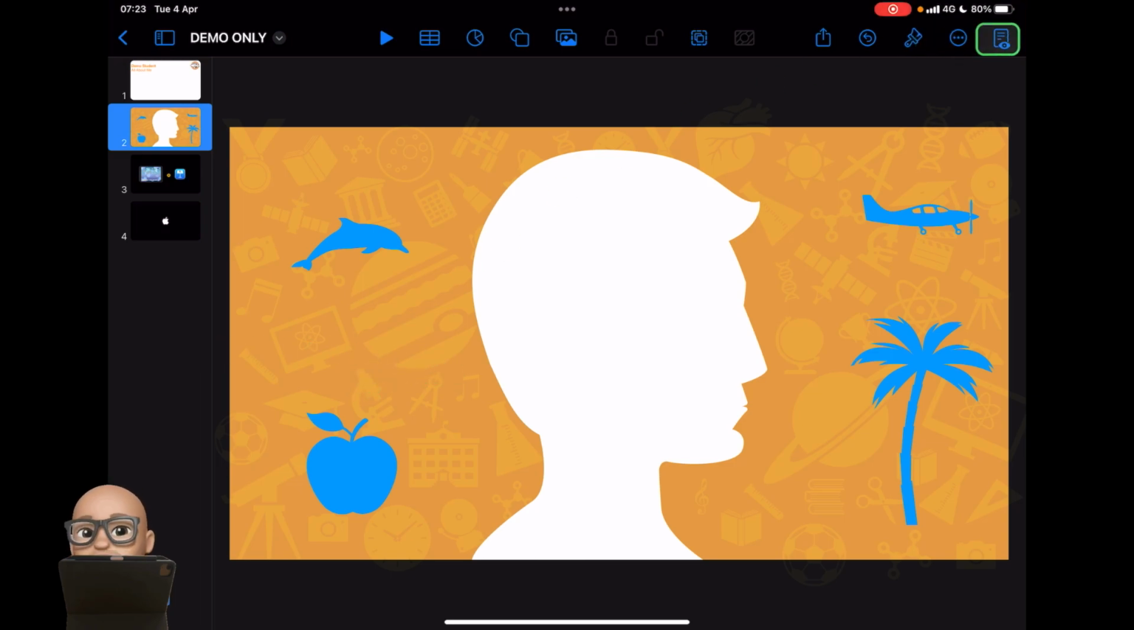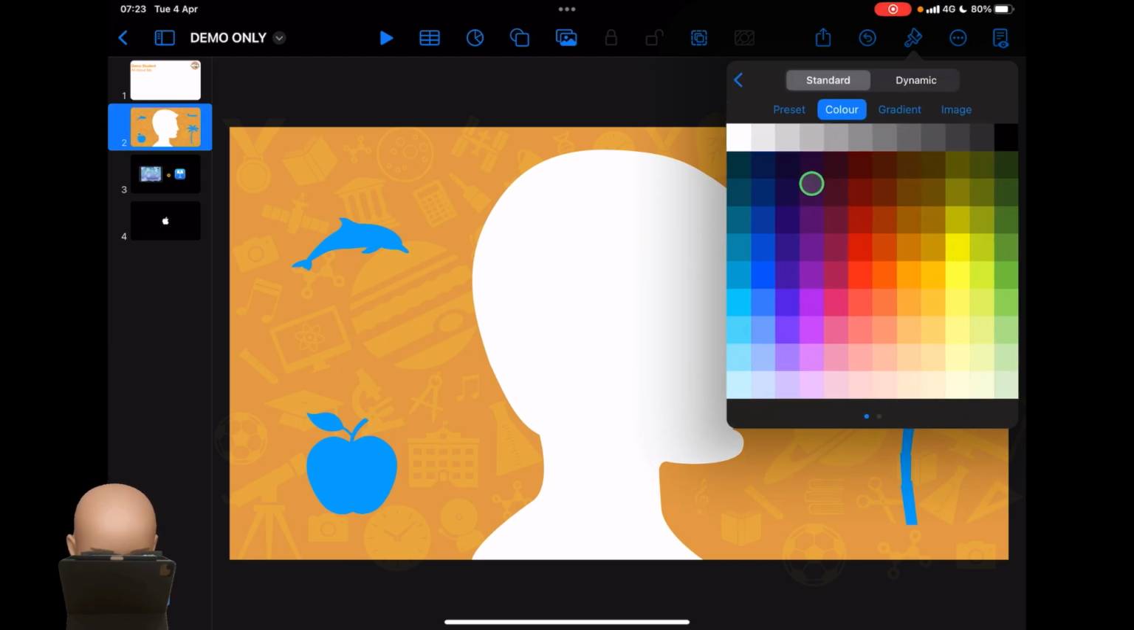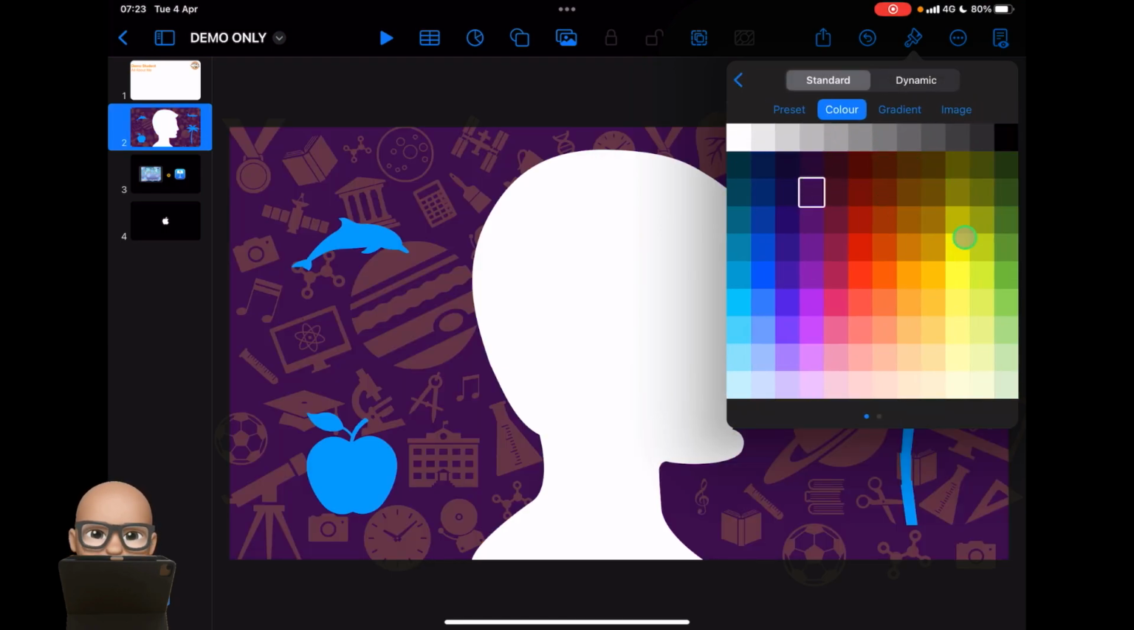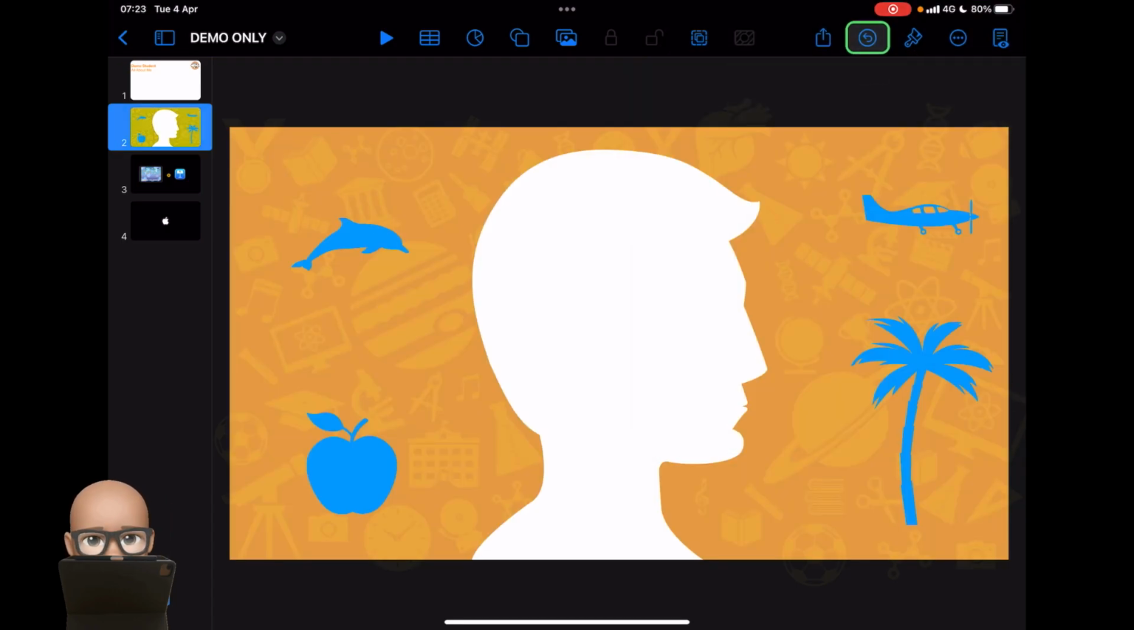And so if I go to my paintbrush, which changes the way things look, it'll let me change the background color. So if I tapped on that, it's going to let me change the background color, but I'm just going to undo that and put it back to how it was. I'm going to stick with that color for now. But if I want to change the color of the asset itself, you've got to